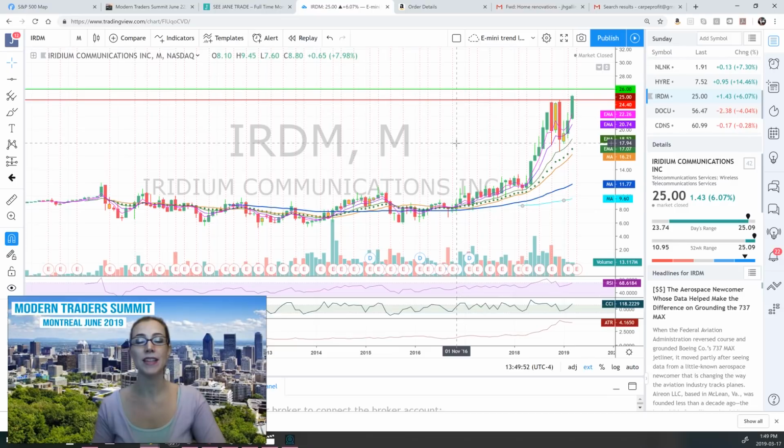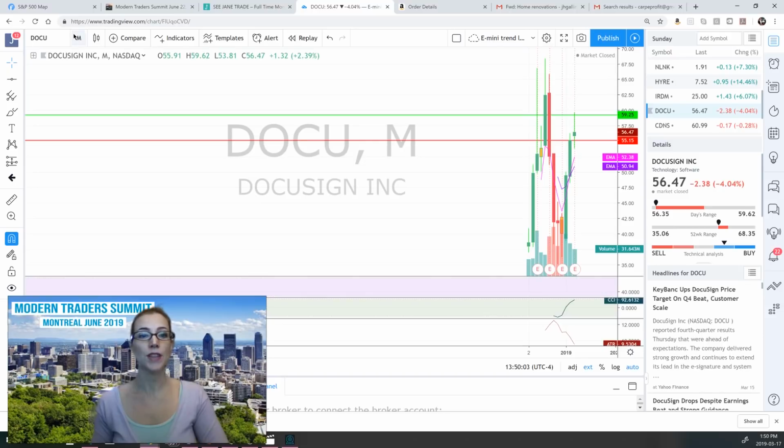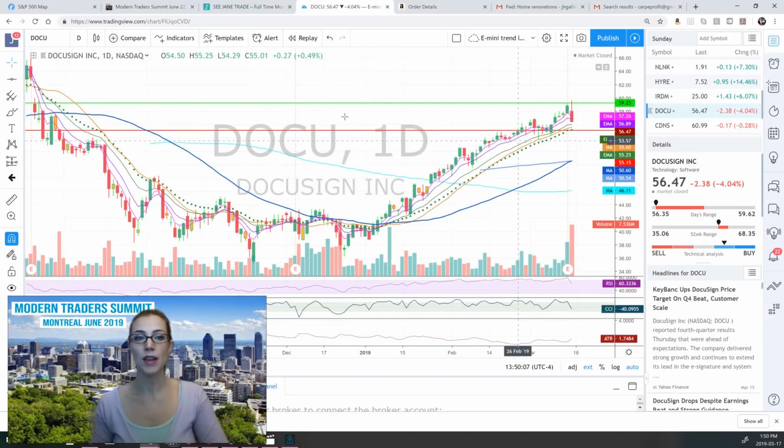And it does have 96 million in the float and 62.21% short float volume. Going on to our shorts for the week. So DOCU sign, this is the monthly chart. Let's pull it back to a 1-day chart. Came up, tested this prior high back here before the gap down, with 59.25 for resistance and 55.15 for support,